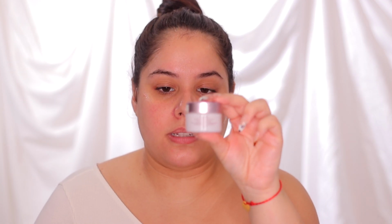Next, we're gonna go ahead and do eye serum. I love the Clinique Moisture Surge Eye Serum. I do just one pump. I apply that to the under eyes. And for moisturizer, I am using the Fresh Rose Deep Hydration Moisturizer as well. A little bit of lip balm. I am again using the Fresh Rose Petal